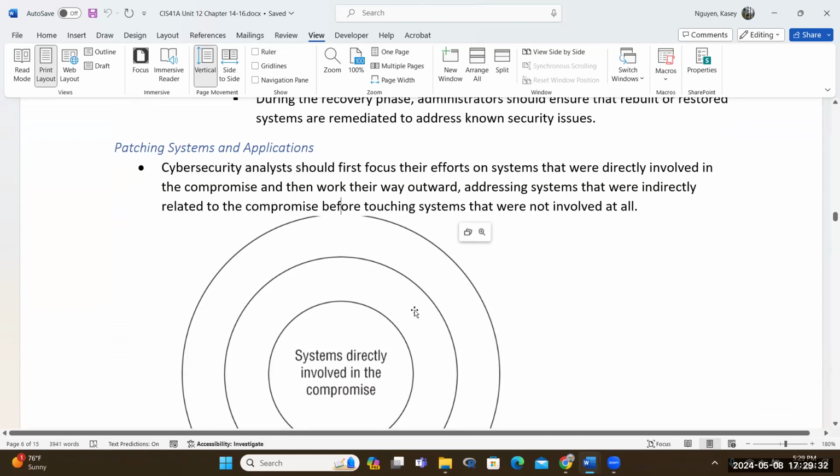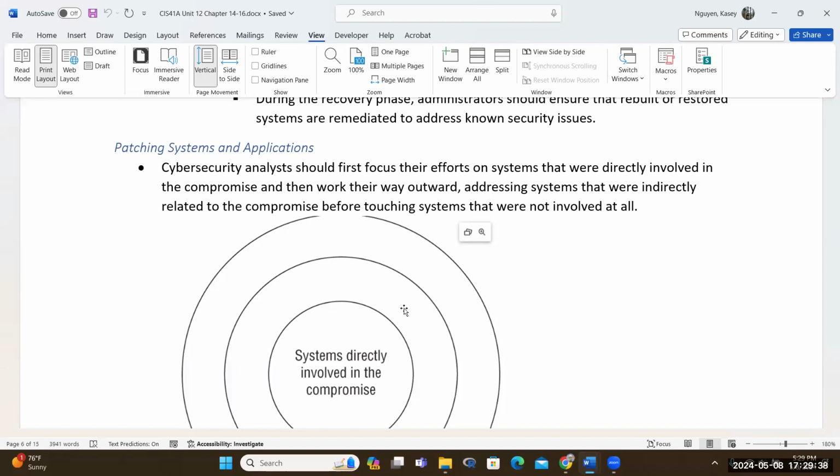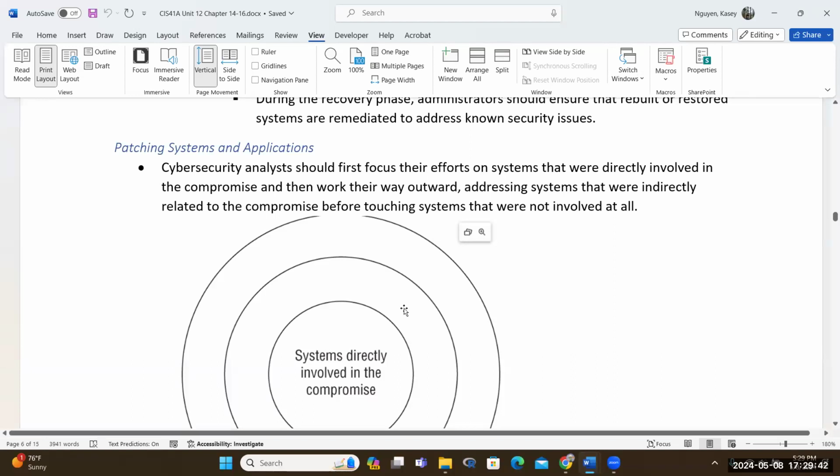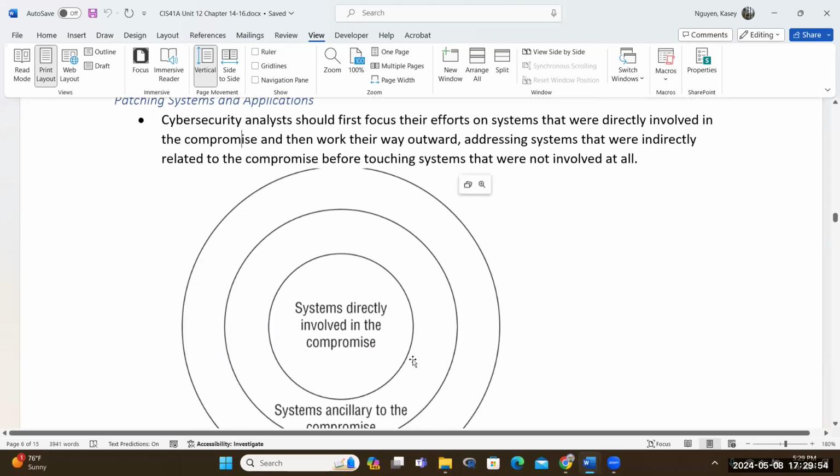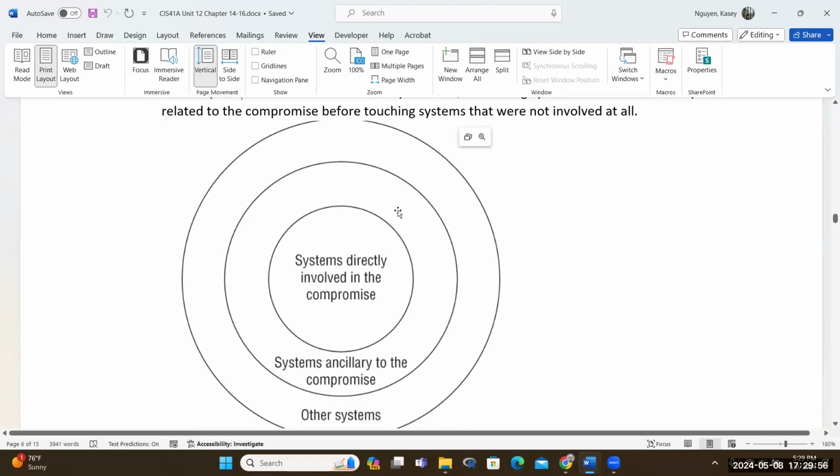I understand, right? I go down that rabbit hole all the time. Because once I find something, and then I find another thing, and then I start branching off. But you need to really list your priority first. So the compromised system needs to be targeted first. That needs to be addressed first. That's highest priority. And then you work your way outwards to other systems that are affiliated. So you start with the center and then you work your way out.